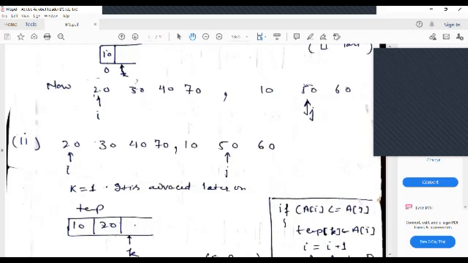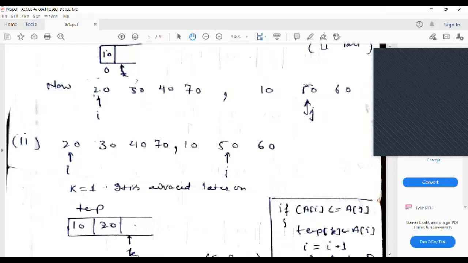Now here comes the role of that while loop which I have dictated in the last, this is what the remaining part. If some part of the list has been exhausted, it means all the elements have been put to the temporary memory. Now here in this case, second sublist is having no element, but still there is one element left with the first sublist, that is the left sublist.